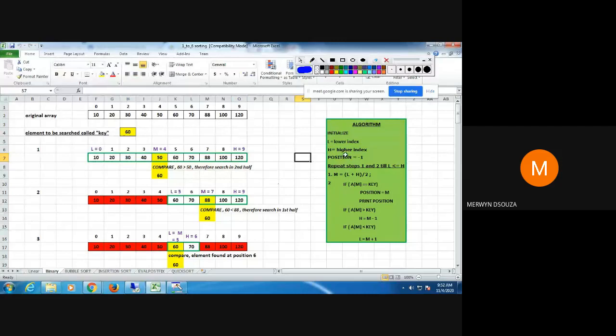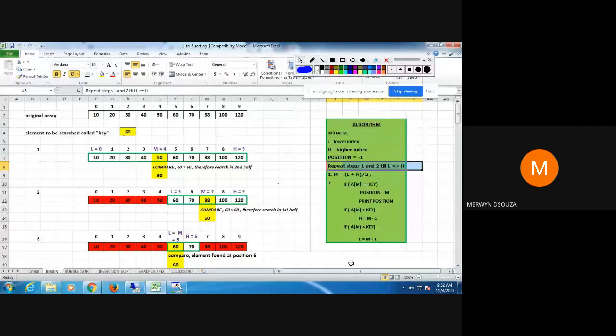Then you're going to apply all these steps till the value of L is less than or equal to H. We're going to repeat all the steps below this till the value of L is less than or equal to H. If the value of L becomes greater than H, then we will say that the element is not found.